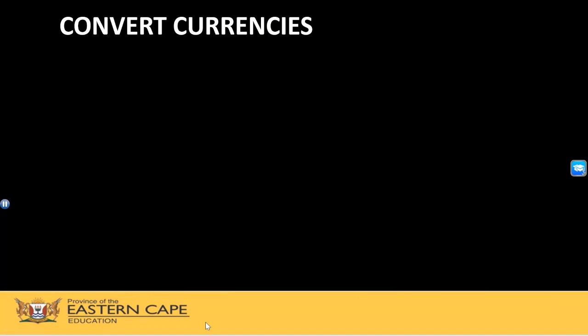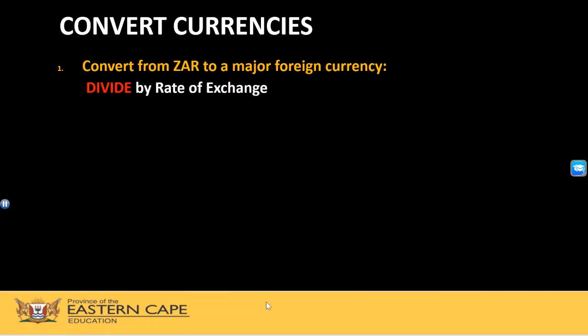You'll see up on the screen that it is giving you information about converting currencies. When you are required to convert from South African Rand to a major foreign currency, you were taught in grade 11 to divide by the rate of exchange. If you take a look at what's coming up on your screen, you will see that you have 150 Rand, which is being converted to US dollars. Therefore, you are required to divide by the rate of exchange. You look at the screen, it is given to you there as 150 Rand divided by 18.4, which is the rate of exchange, which gives you